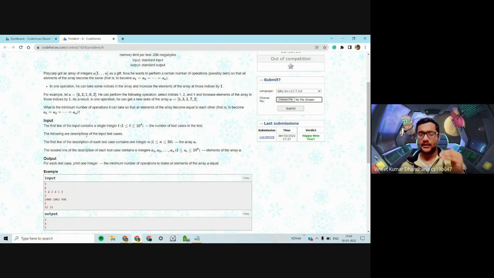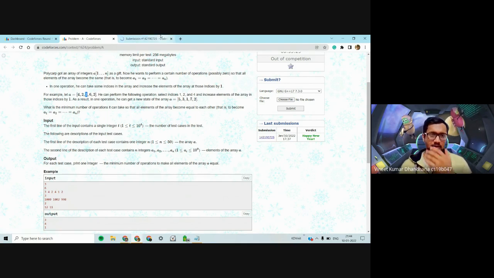So you start from the minimum element and increase all the elements which are minimum by one. Then you take all the minimum elements in the new array and increment them by one. Suppose in this case, we'll first increment this element by one, which makes it 2. Then we'll increment the 2s by 1, which makes them 3 3 3. Increment 3 3 3 by 1, which makes them 4 4 4, and then 5 and then 6. So the idea is you start from the minimum and go to the maximum, and on the way you take up more elements as they come in. In this way you can make all of the elements equal to the maximum element.